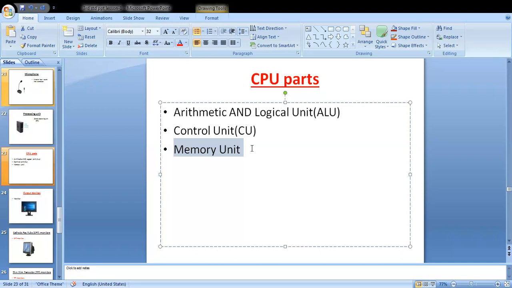But in memory unit, all data and instructions are stored. Understand? In first part of the CPU, all calculations are done, arithmetic and logical. And next part, control unit, it controls all other parts of the CPU. And in memory unit, it stores the data and instructions. Understand?